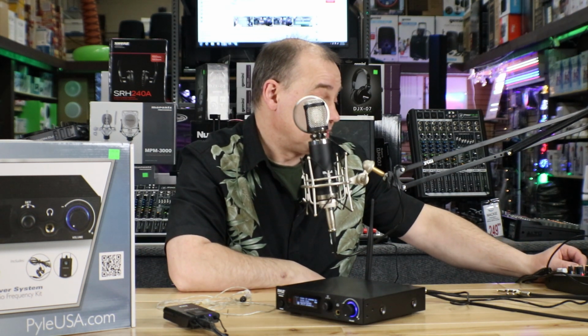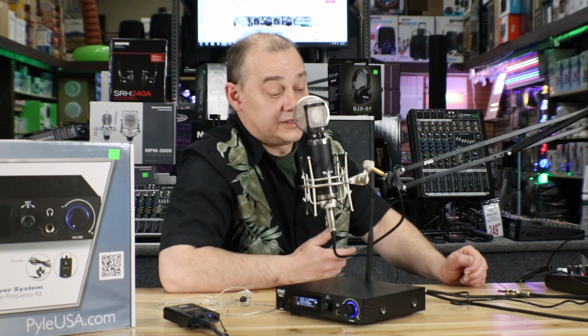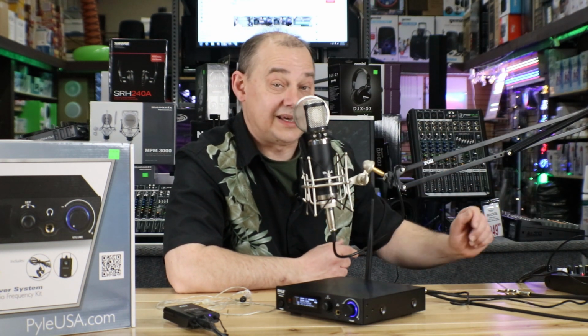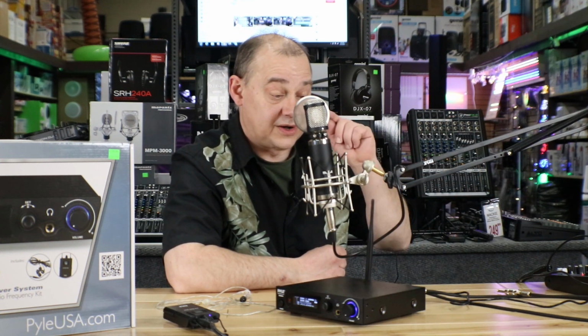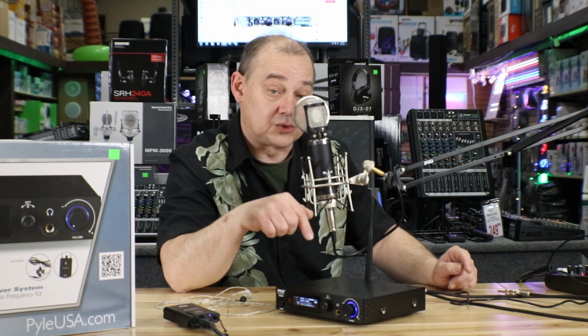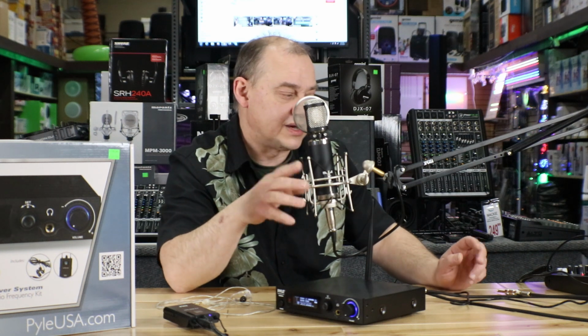So just to make sure, I'm going to turn up the effects a little bit on it, just so you have a better idea of what's going on. So here we are on the MPM 2000 running into the mixing board. That's what's driving the phantom power for the condenser microphone. That then gets out of the control room connection, which I didn't mention yet, but you have 3 real ways